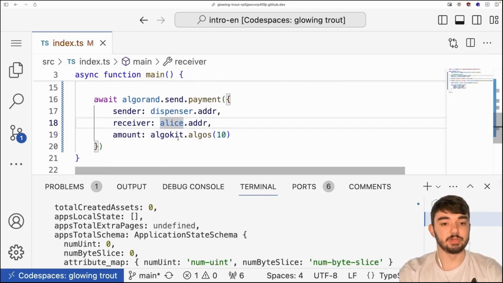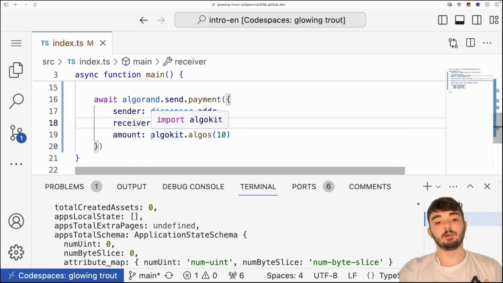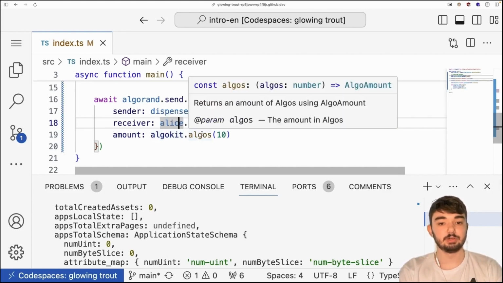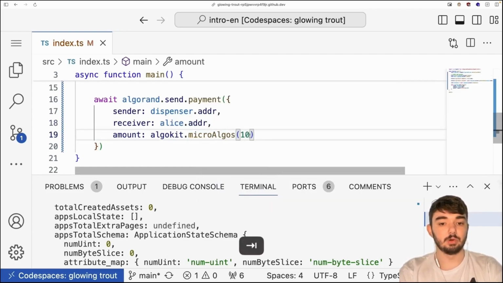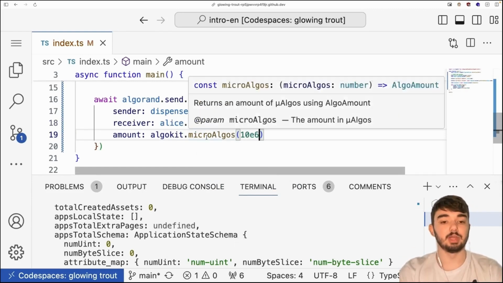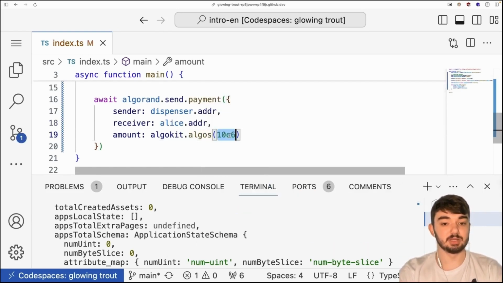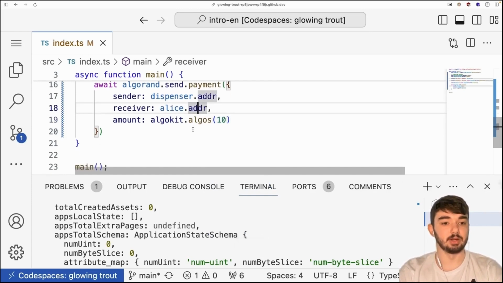So this is one important feature of AlgoKit. In Algorand development, all the low-level tools use microalgo, which is 1 times 10 to the -6 algo. However, for end users, we generally like to think in algos. So AlgoKit provides this algos feature that allows us to generate an algo amount. We could specify either 10 algos or 10 to the 6 microalgos. Both are the same thing, and AlgoKit will do the conversion for us. To keep things simple, I'm going to keep it as algokit.algos.